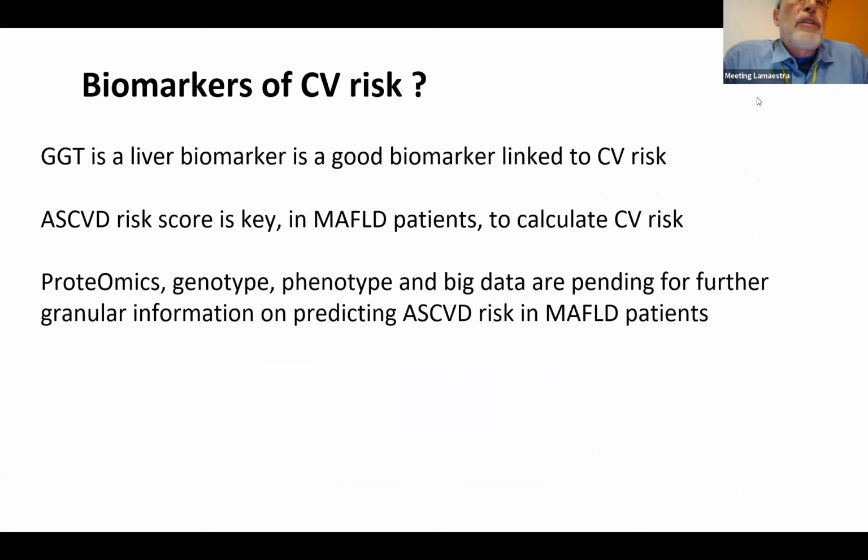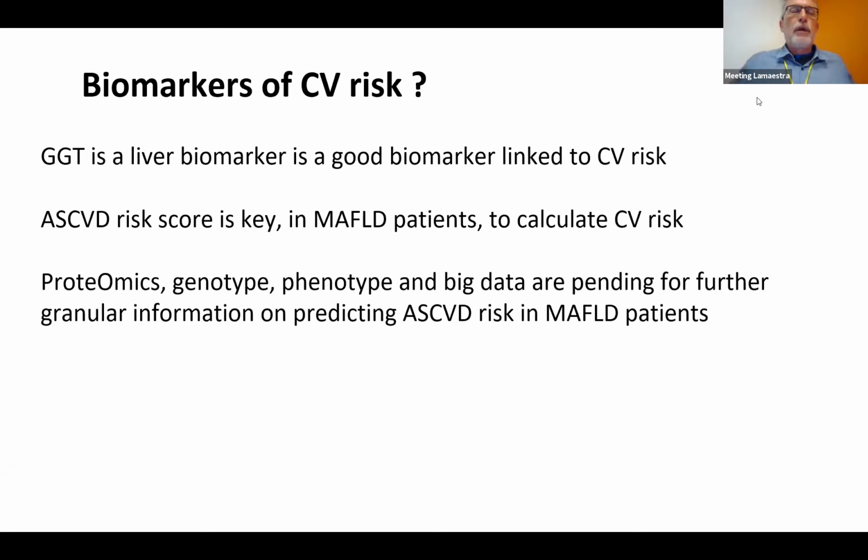So GGT is a liver biomarker for cardiovascular risk. It comes out of the liver. It's increased in fatty liver. It's a good biomarker linked to increased risk of cardiovascular disease, including stroke. Every one of our liver patients, we do an ASCVD risk score. So we talk to our patients about heart disease, kidney, creatinine, talk about their stroke risk, liver progression, general cancer